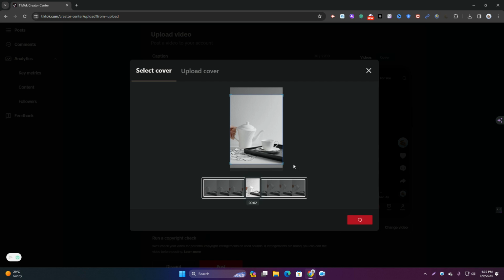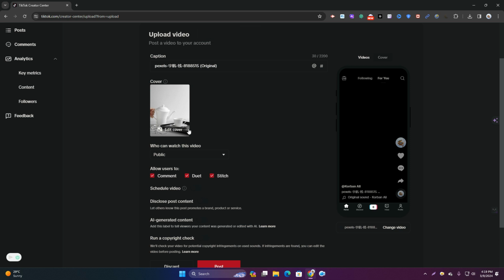So it's processing, and you can see it's a profile photo, and then you can